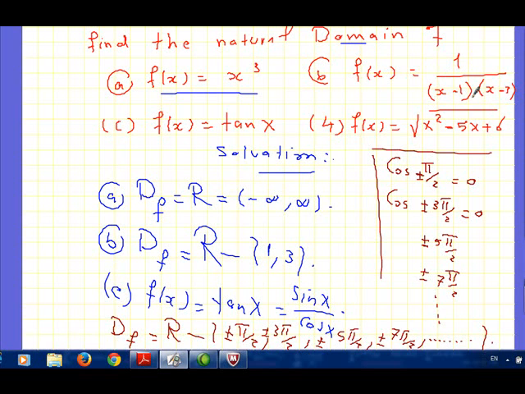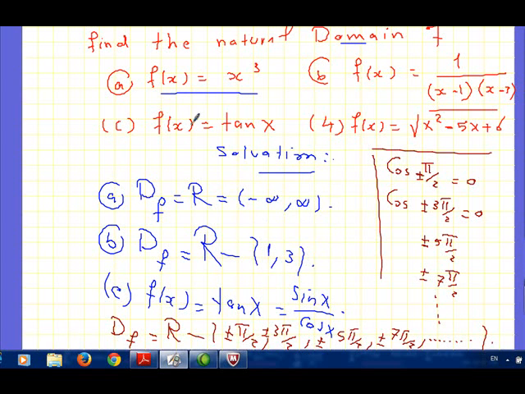and 3. Because if we substitute by 1, it will be 1 minus 1, which will be 0, and any number over 0 has no meaning. Also, if we substitute by 3, it will be 1 over 3 minus 3 equals 0, which has no meaning. So the domain of the function f will be R, which is the common domain of the numerator and denominator, minus the set which contains 1 and 3. This set makes the denominator equal to 0.